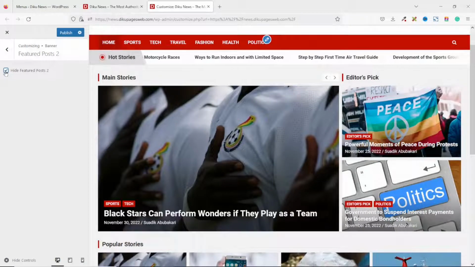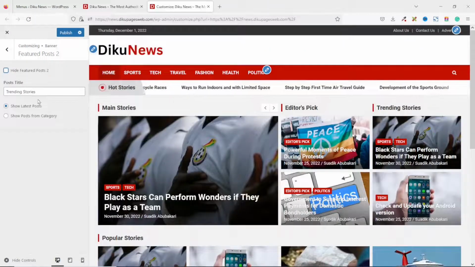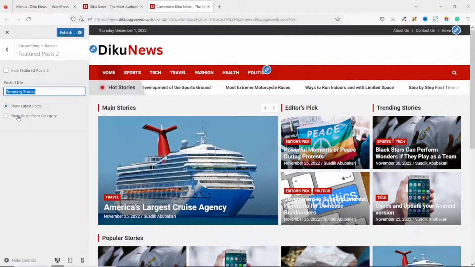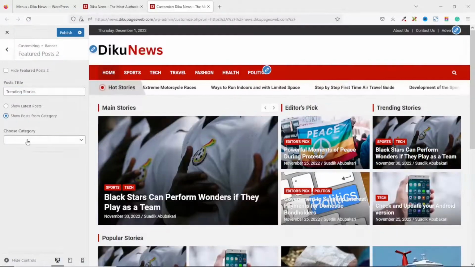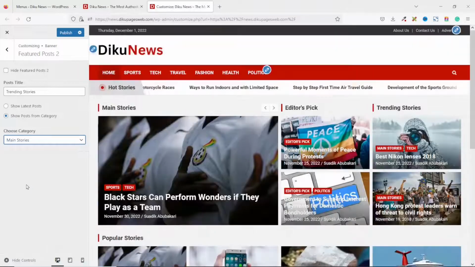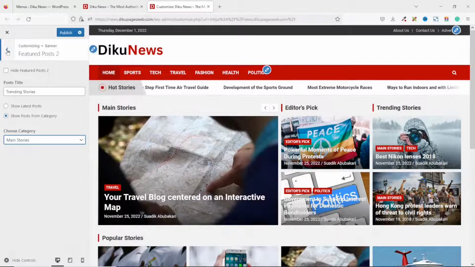Awesome. But we need it, so we uncheck this. You can also change the post title from here if you want to. The feature post 2 is also showing our latest post. We want to choose from a category, so we select this. Dropping down the arrow, I go ahead and choose main stories. Perfect. Going back,